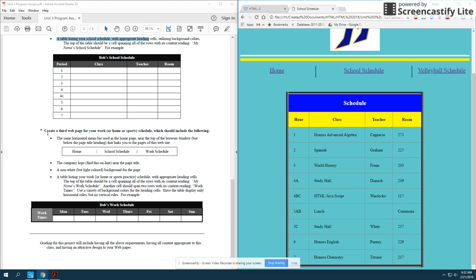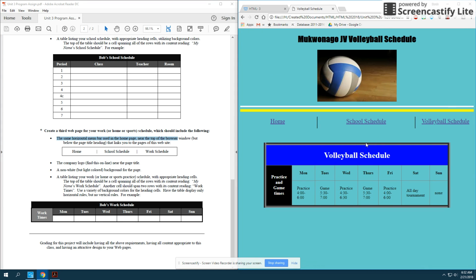And then the last piece is that you're going to create a third web page for your work or home or sports schedule, whatever it may be, and it should include the following. So you'll notice this again has that same horizontal menu. So if I click on her volleyball schedule, it has the same horizontal menu. It has some sort of picture. So she didn't use her job, she used her sport, so she has a volleyball. Then it has the nice same light colored background